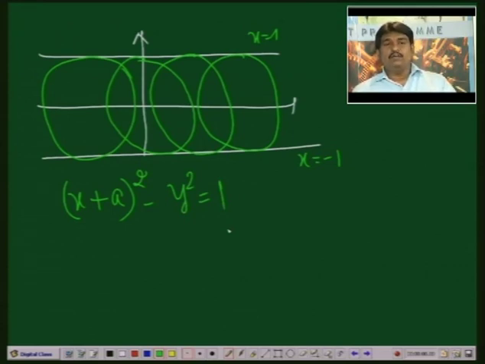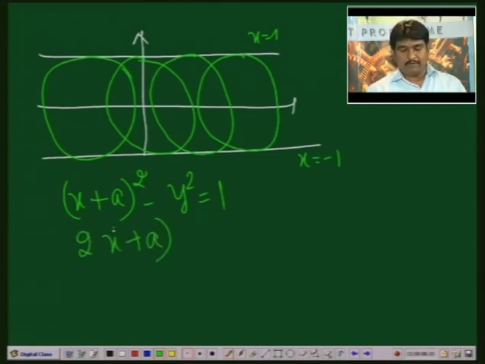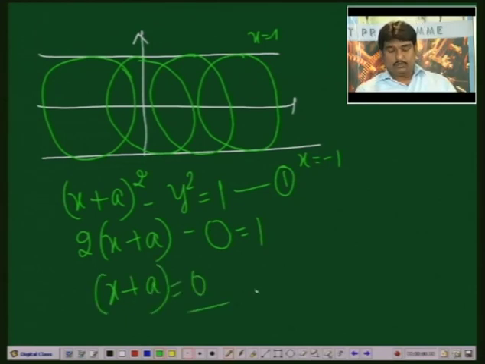general solution. And I have already told you the procedure of finding singular solution. Procedure is: differentiate the general solution with respect to arbitrary constant present is the first step. Let me differentiate this with respect to a, treating x and y as constant. Derivative of x plus a whole square is 2 times x plus a, minus derivative of y square. I am treating this as constant and this is equals to 1. Which implies x plus a equals to 0. Equation number 2. Now substitute 2 in 1, that is x plus a whole square.